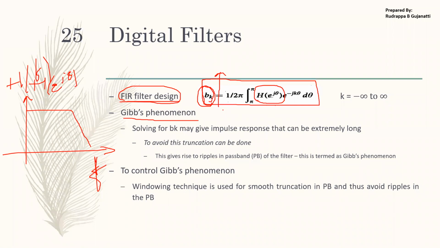In order to avoid having too many coefficients, we make use of something called truncation. That is, we truncate a few of the values. Truncation means we try to stop at a certain point and will not accept the remaining. So we try to truncate based on some criteria. That is what we try to establish.